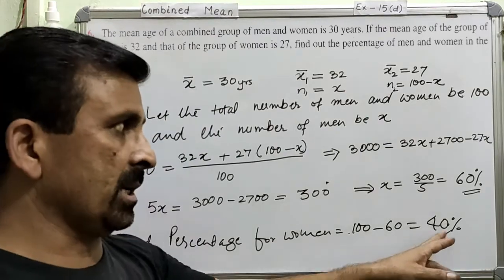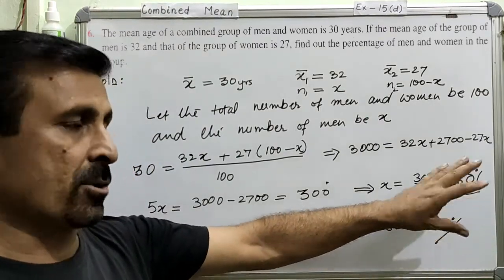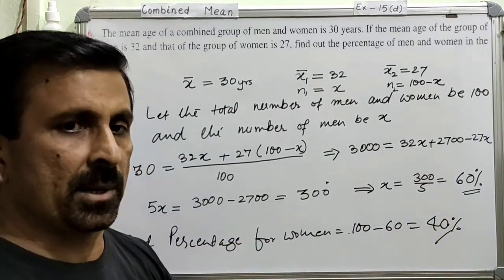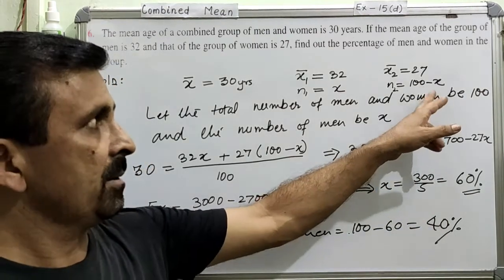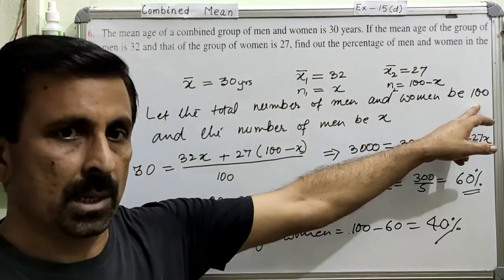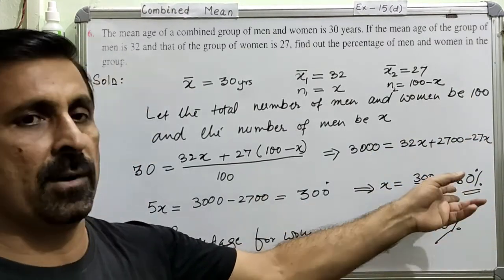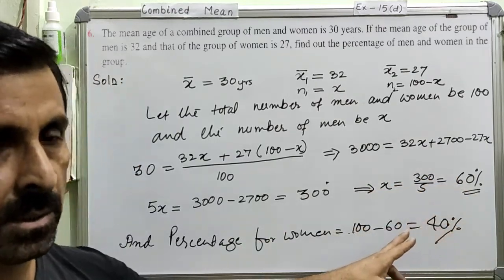Here we have calculated this in percentage, right? And this question can also be asked in terms of number, right? So whether it is number or it is percentage, there will be no change. It will remain as it is only, because we have taken it as 100. Am I clear? So whether it was a number or in the form of percentage, the answer will be same. Is it okay?